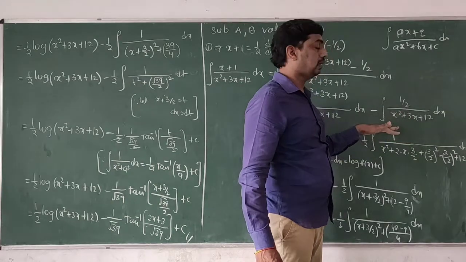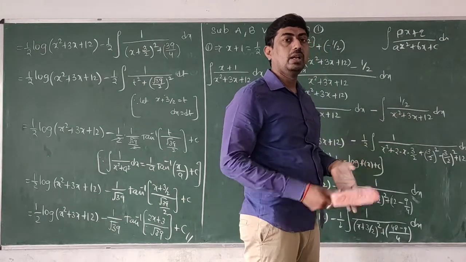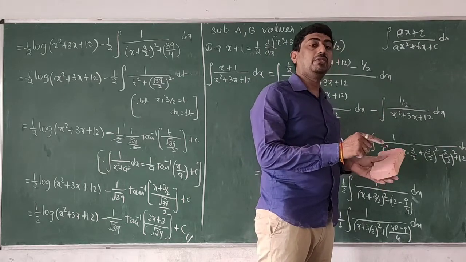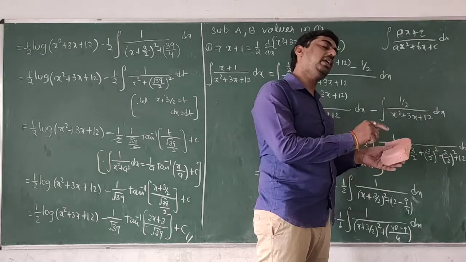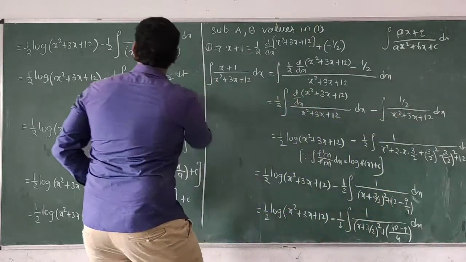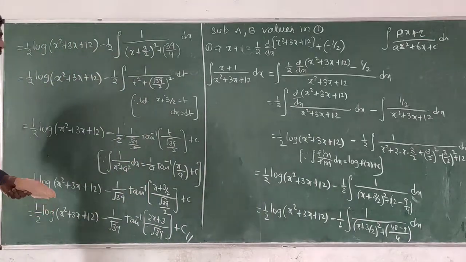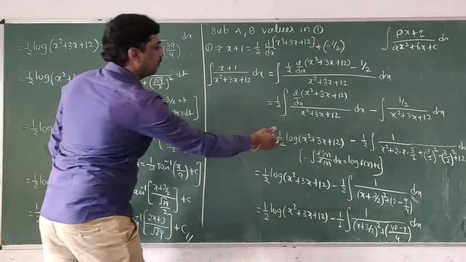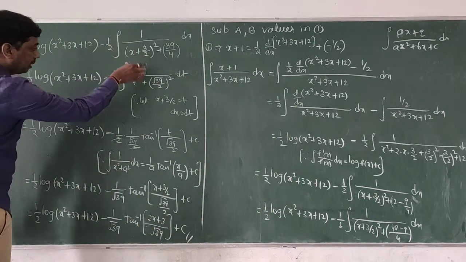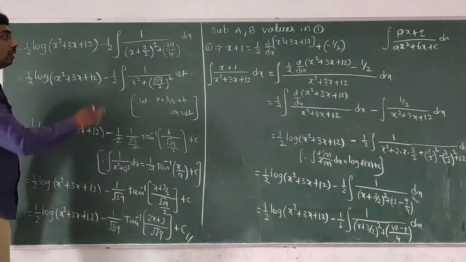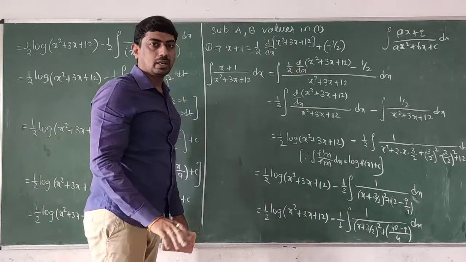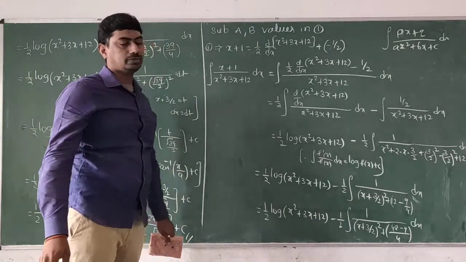What is the meaning of this one? Why am I explaining again and again? Method 2 completely depends on method 1. If you are perfect in method 1, then we can easily do method 2. From here onwards, you do the method 1 problem only. The first step is as it is. From here also, from the first step, same term. But the second term is only changed. What is the second term? The problems are in method one. Understood clearly? Write down.